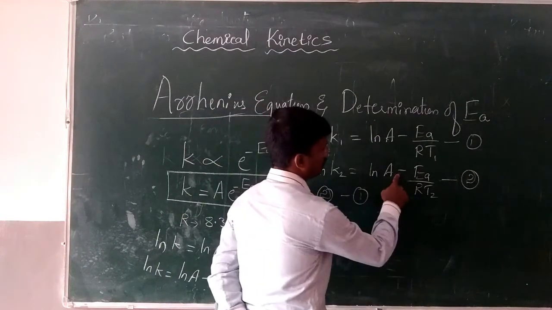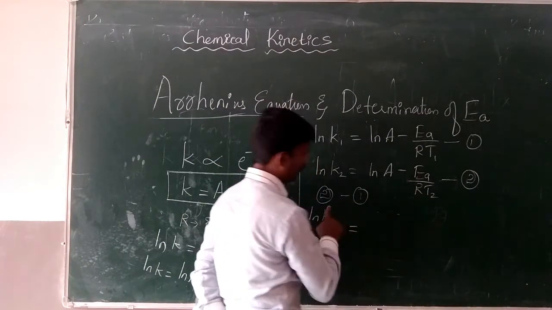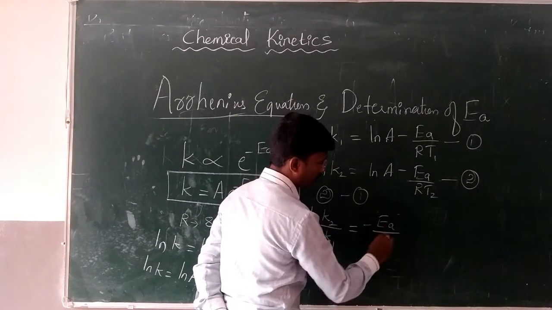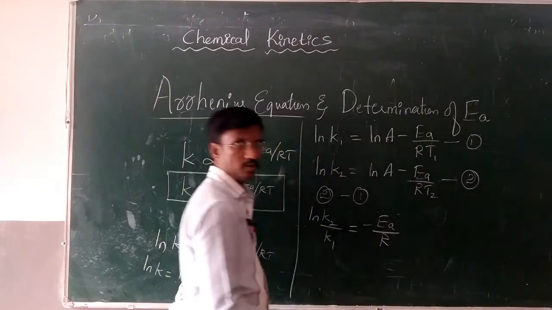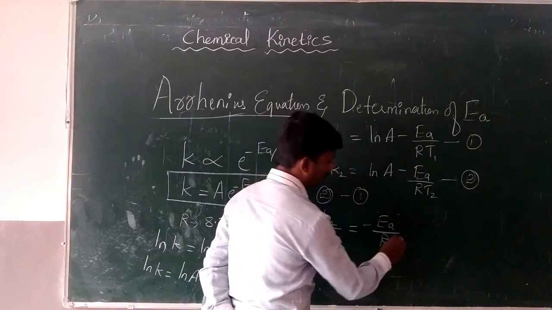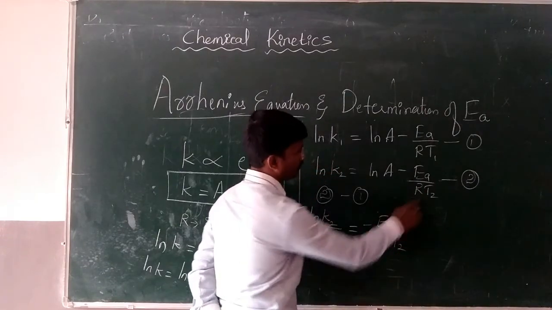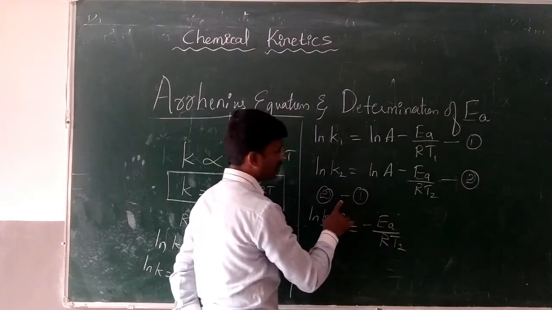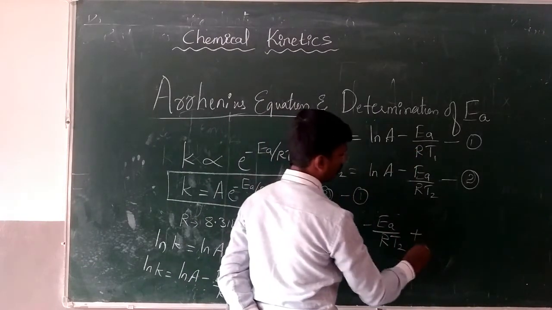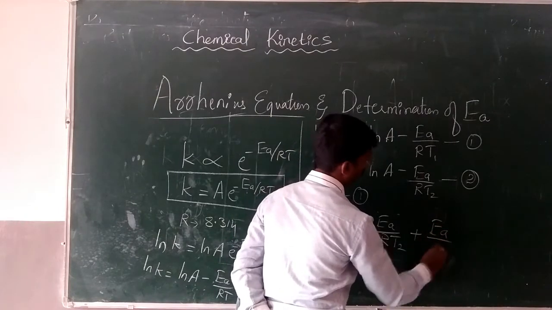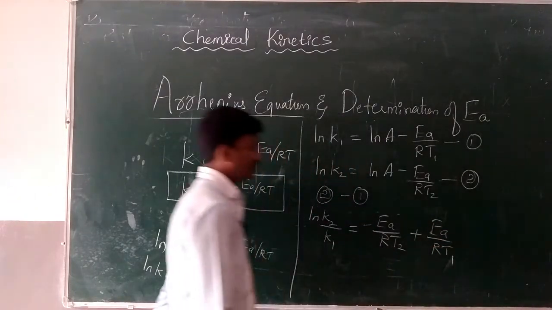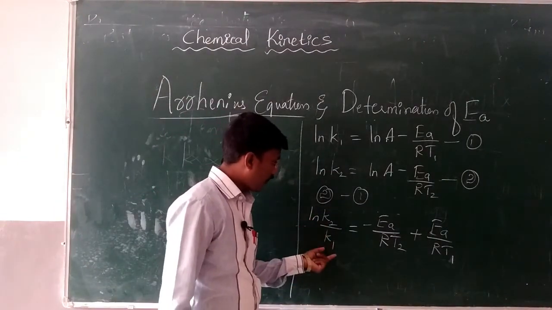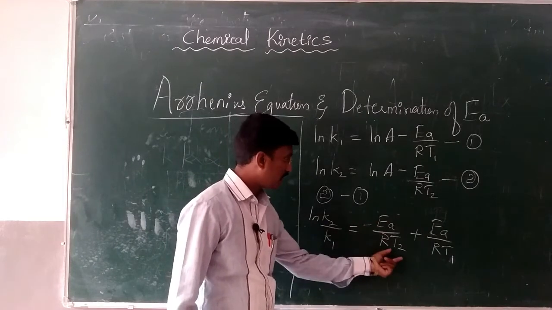The remaining terms are minus Ea upon R T2 and, from equation 1, minus Ea upon R T1. Can you see here? It is minus, and again here minus. Minus into minus becomes plus, meaning plus Ea upon R T1. Look here: ln k2 upon k1 is equal to minus Ea upon R T2